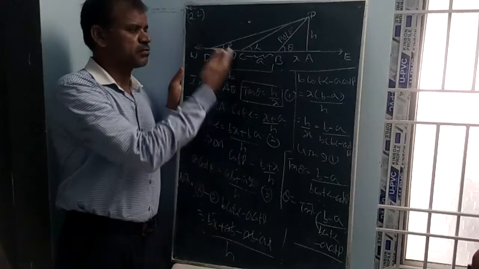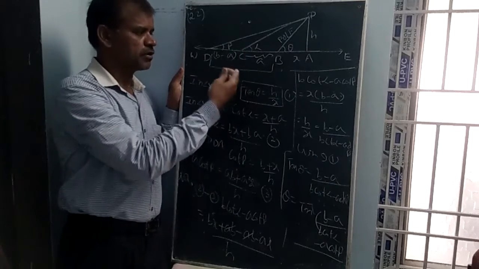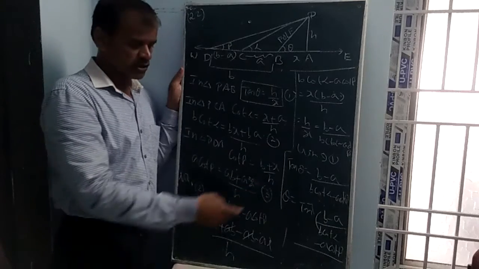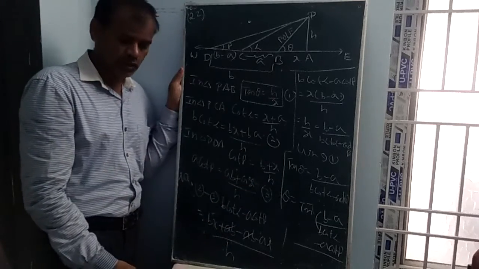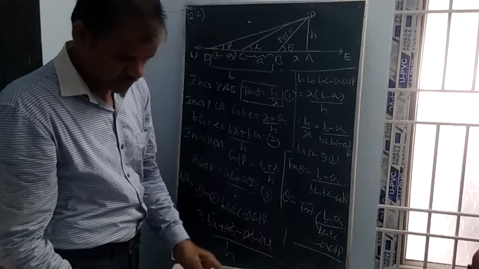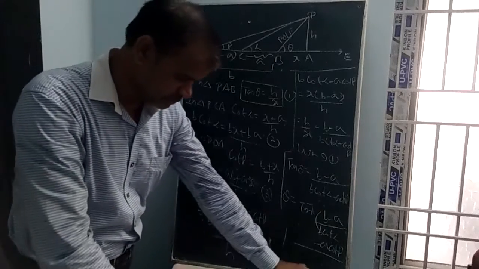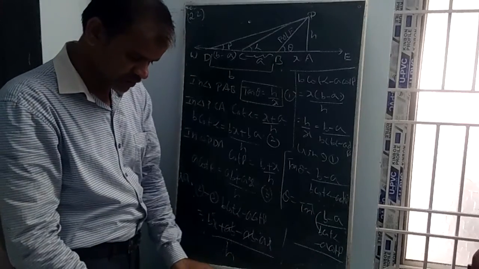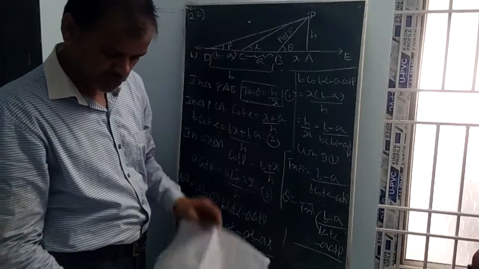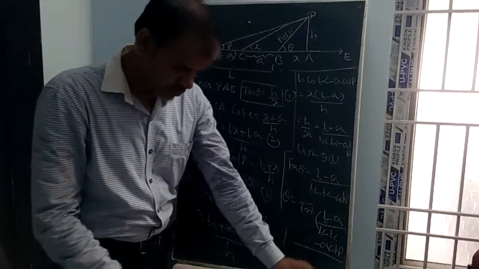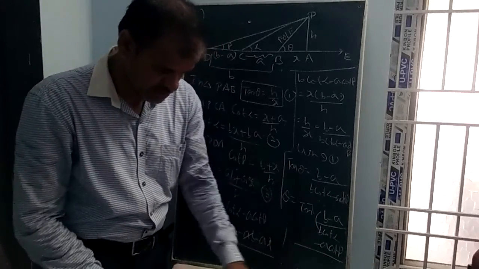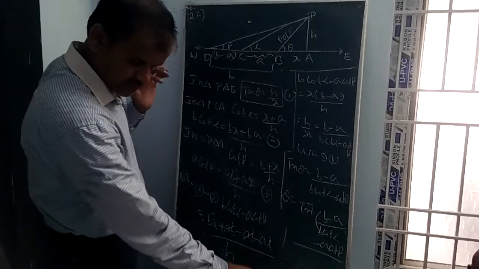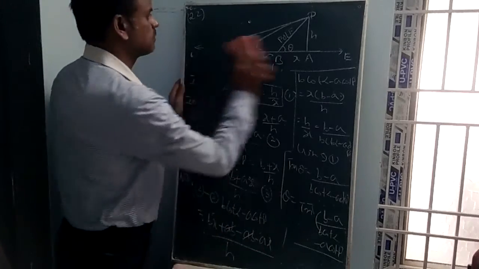Maybe alpha is equal to 30, beta is equal to 60, like that. Then you can write a is equal to 5, b is equal to 7, and use the formula theta equal to tan inverse of (b minus a) by (b cot alpha minus a cot beta). Now let us see question number 23. This question was asked in 2013. Plenty of students could not do it, because we should do the question according to the options.